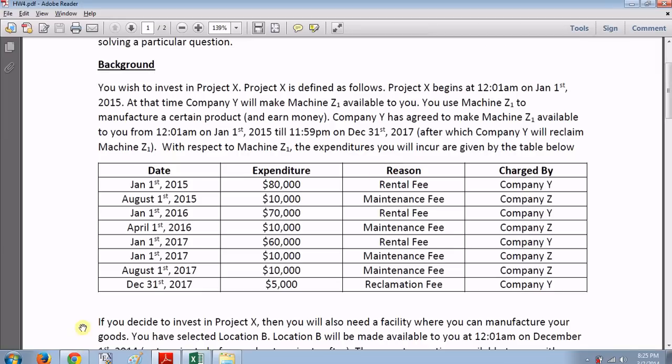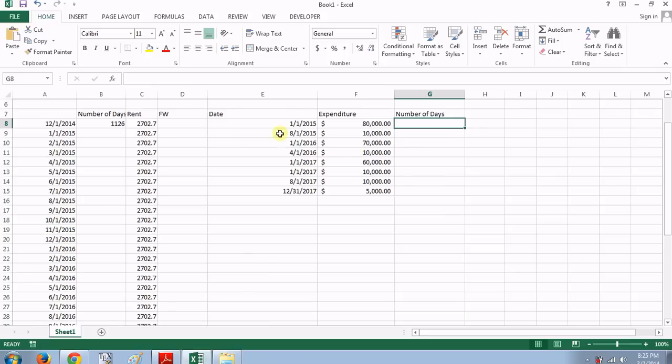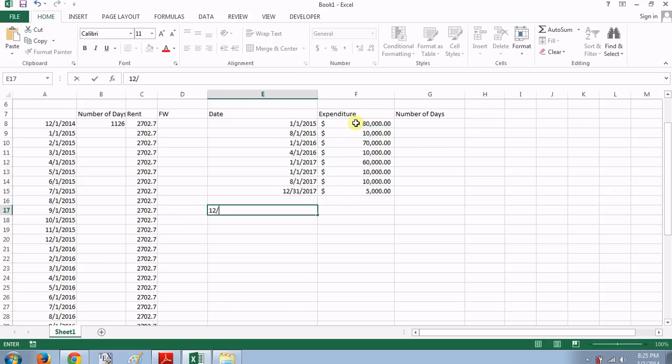Now coming to the question once again. What is the future worth of all expenditures related to Company Y and Company Z? Now these are all the expenditures related to Company Y and Company Z. And what is the future worth? Future worth says if you did not spend $80,000 on Jan 1st, 2015 on expenses related to either Company Y or Company Z, I forget which company it was, and instead you went ahead and deposited this money in one of the investment options, how much money would that grow into by the end date of the project, which happens to be